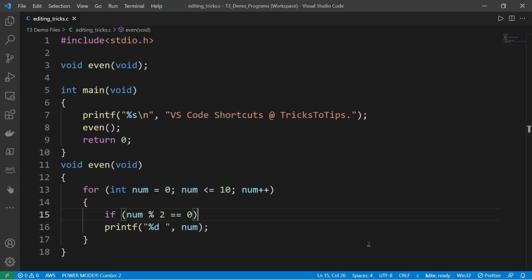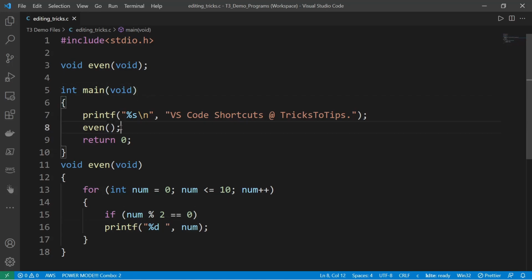There are a few shortcuts to do this, like Control Shift and open or close brackets simultaneously, and Control K plus open or close brackets pressed simultaneously. It can also be done using Control K plus J to unfold all regions. So we will see each one by one. So first one,